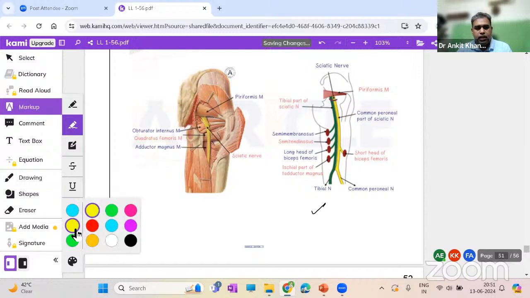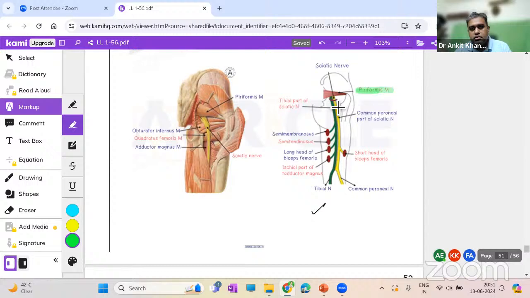What are the key features in this diagram? Try to learn from everything, guys. Whatever you're seeing, the key feature is the person has made the piriformis, and below this the person is showing the sciatic nerve. Then from here, they are showing the branches coming out. And what's the beauty of it? That they have written the names of the muscles which the tibial nerve supplies, and the short head of biceps femoris supplying which